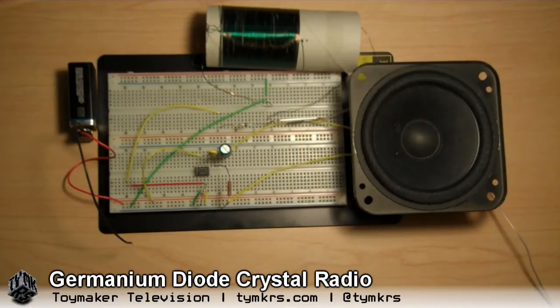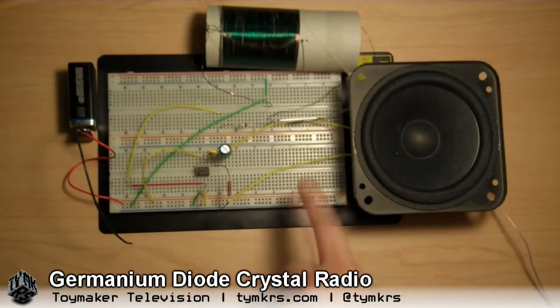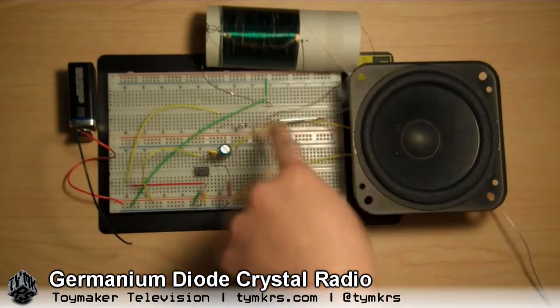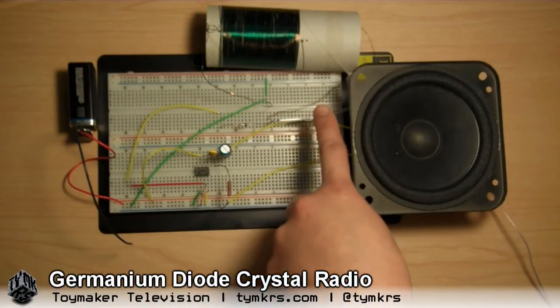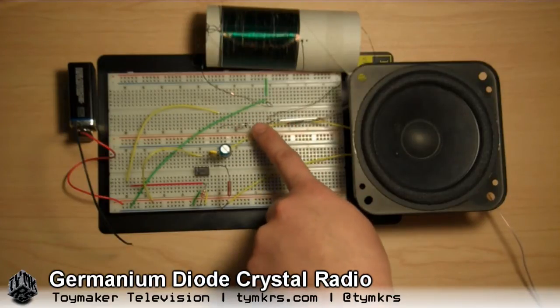Well, I've got two different circuits. This is the LM386 audio amplifier that you guys have seen before. And this here is actually my breadboarded crystal radio, where I use a germanium diode as...